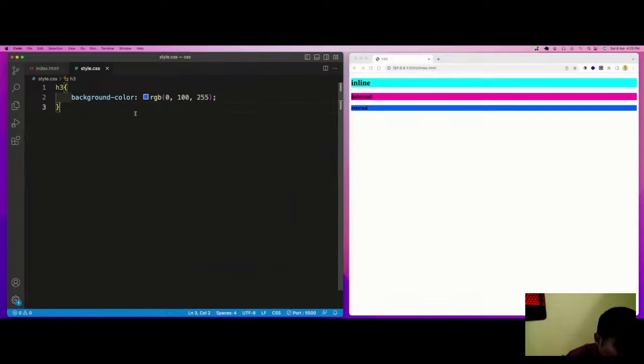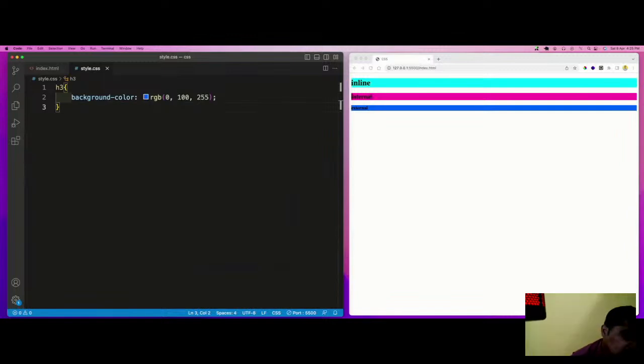Now, one thing I want to tell you, if you have noticed: in all three ways of adding CSS, I have only added a background color property.